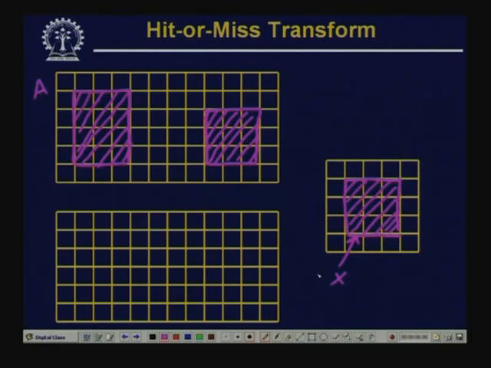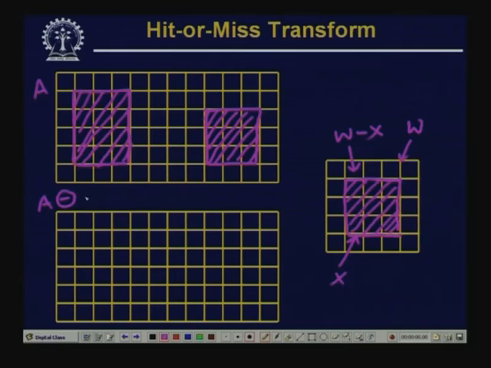Now, what we do is, we embed this X into a larger size window, and suppose that window is W. So, here we have two different sets, one is X and the other one is the boundary of this X, which is represented by W minus X. And now, the kind of operation that we have to do is, first, we will perform an